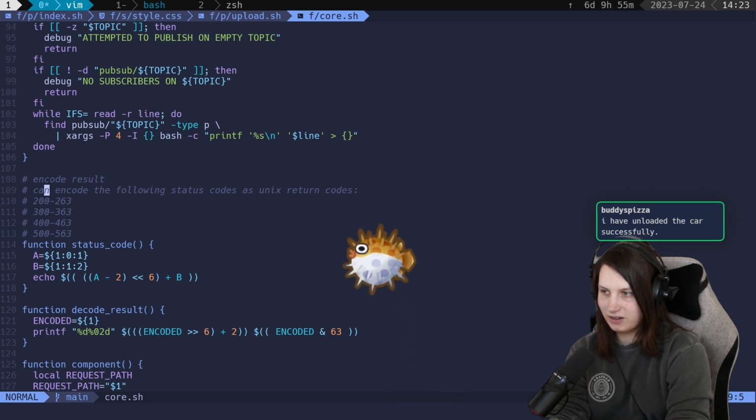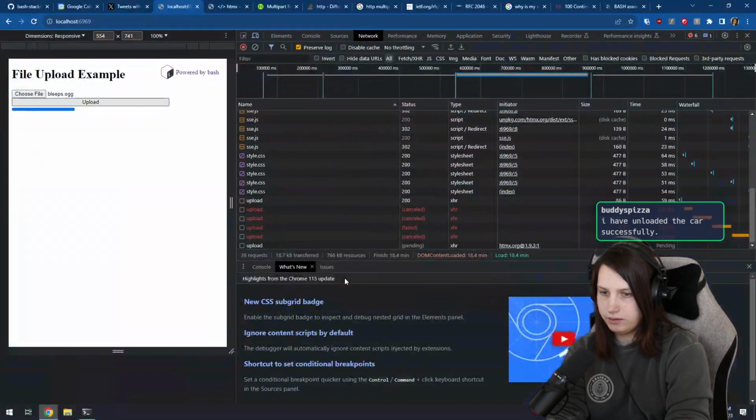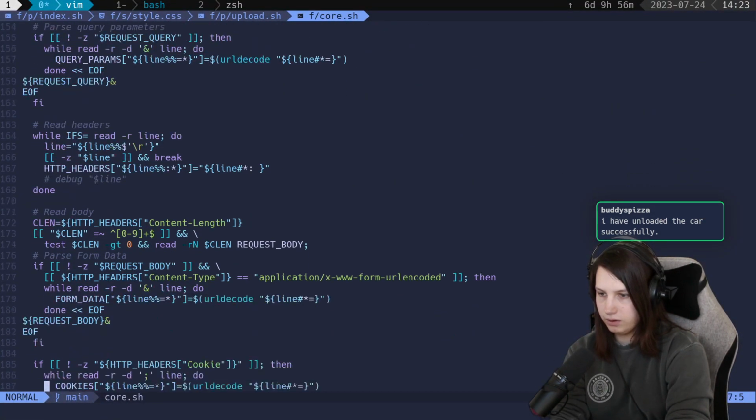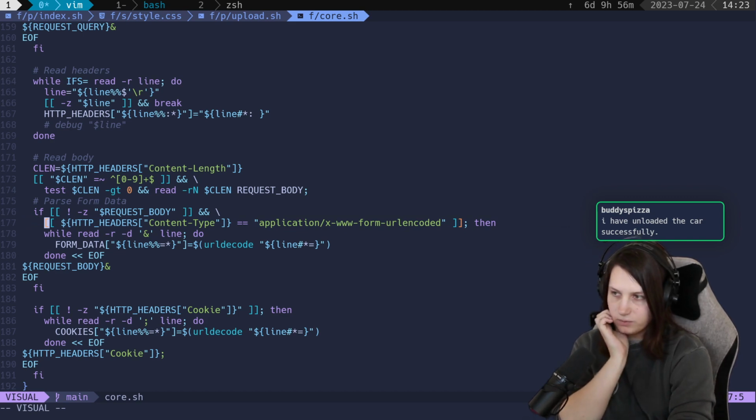So you've unloaded the car successfully. Sick. I think what we need to do. Yeah, so look, we already have some secret sauce for when it's a URL encoded form. I think we're gonna need more secret sauce when we get